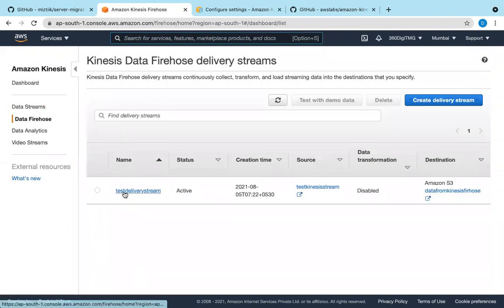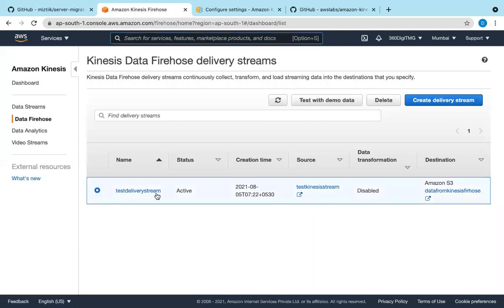Okay, delivery streams. Here we will check. And yes, we have a test delivery stream which uses the test Kinesis stream and writes into this S3 bucket. Right now it's disabled. Okay, we will go and enable the stream.